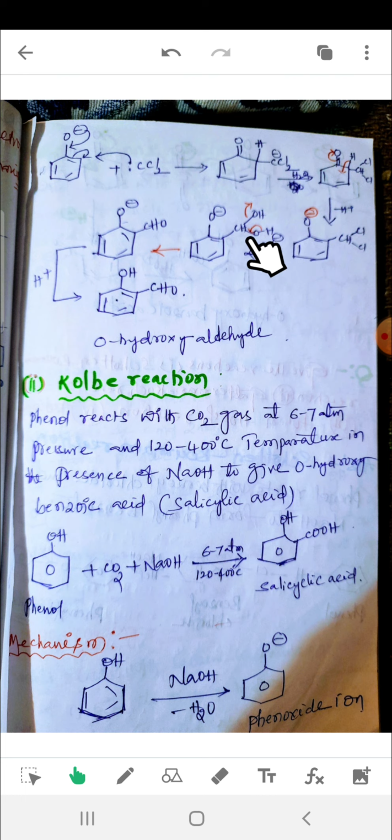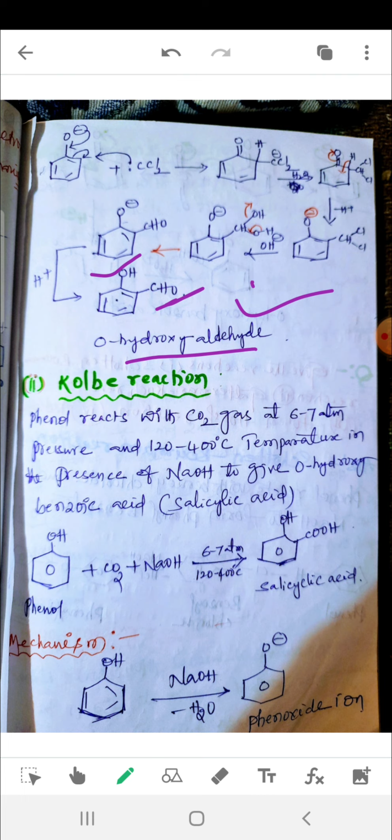These electrons go between the CH and O, with removal of OH minus, H plus and OH minus giving H2O removal, and CHO is formed. CHO is formed on the phenoxide as in the previous manner. Then we add water, with H added in place. So finally ortho-hydroxybenzaldehyde is formed. Ortho-hydroxybenzaldehyde is the major compound, the substitution compound.